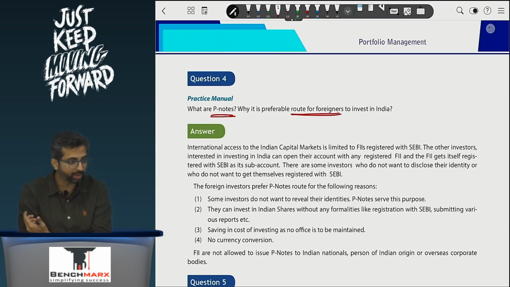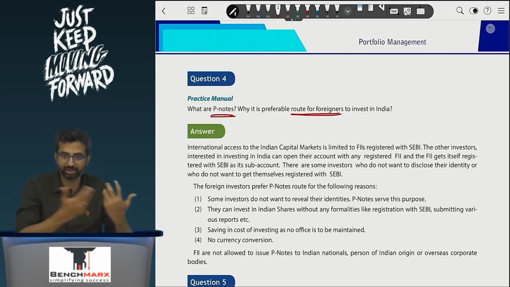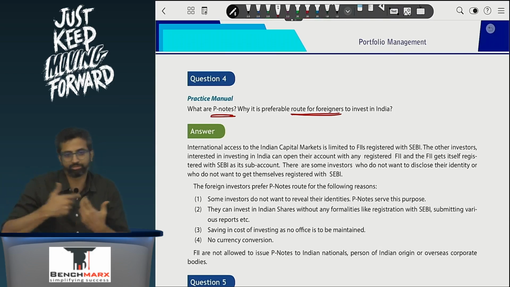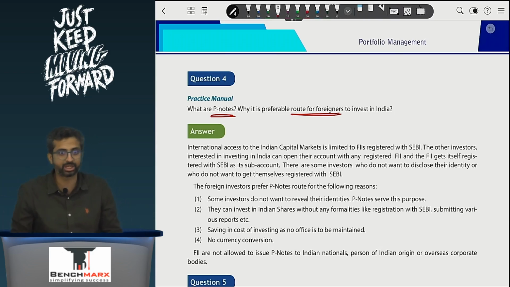FIIs sold like mad because they said, brother, if the P note money stops, where will I get the money to invest? My investors will need to encash the money, because if SEBI asks me who is behind the P note, people said it was black money, right? It could be a politician's money too, right? So it crashed where the Sensex,